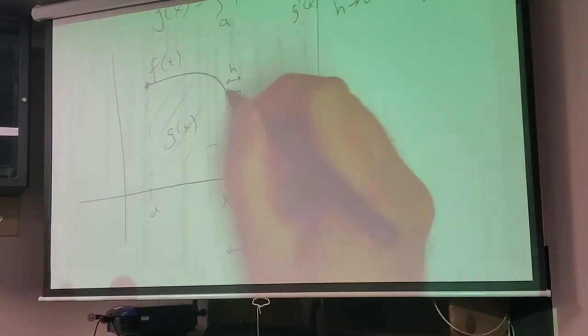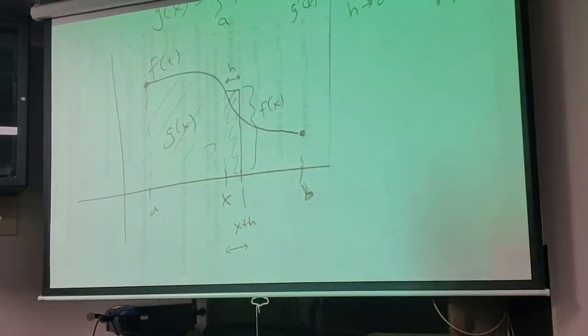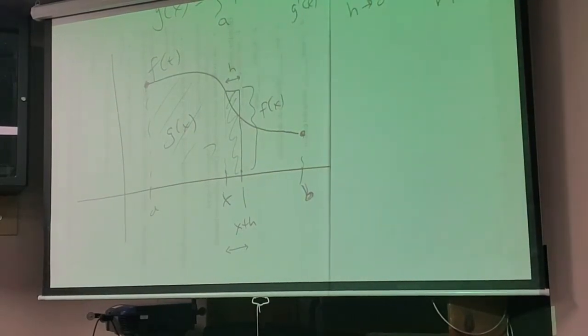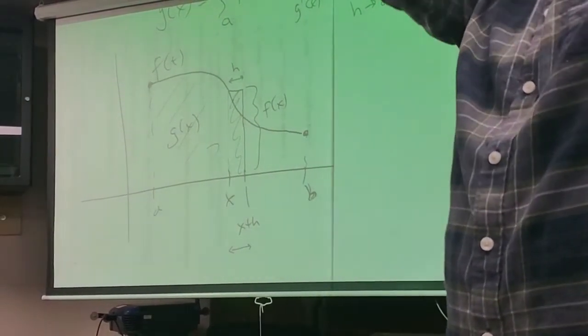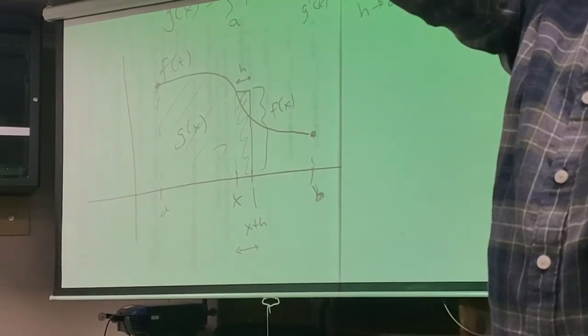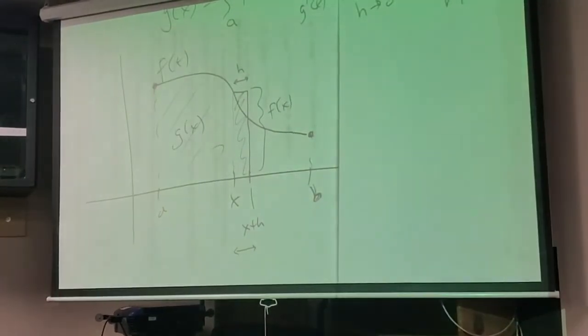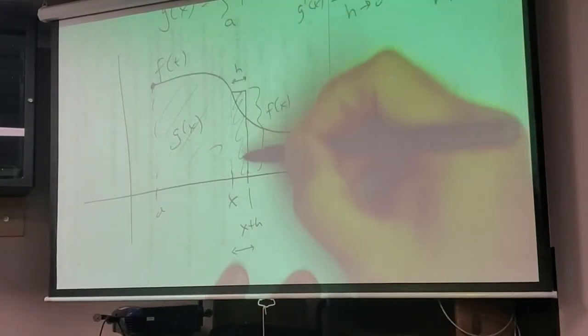And how tall is it? Isn't it f of x tall? Yes, especially the way I drew it. And did it really matter what endpoint? Because again, I'm going to let h go to 0. So no matter what I do, it's going to end up being f of x because it's going to get smushed there. So the area of the little extra piece,